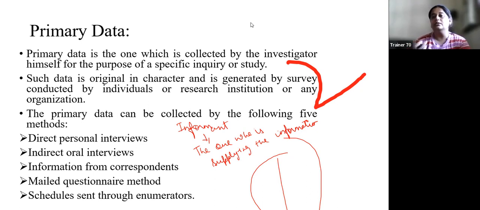But the one very important demerit of this method is that my informant should be literate. अगर किसी को पढ़ना नहीं आता, किसी को लिखना नहीं आता, किसी को mail access करना नहीं आता, so they cannot supply the information to me. This is the biggest demerit of this method. Secondly, ऐसा भी हो सकता है किसी ने questionnaire receive किया but mail नहीं पढ़ा, mail पढ़ के revert करना जरूरी नहीं समझा. This is also a disadvantage of this method.